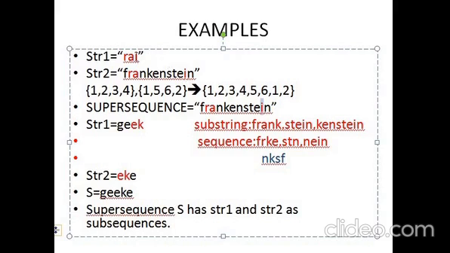If we were to take only IE as common and make one copy of it, we'll get Frankenstein RA. It remains a super sequence, but it ignores the problem statement. We have to get the shortest common super sequence, so we have to find the longest common word between them and make one copy of it. In another example, GEEK and EKE, we take the common word EK and make one copy of it alone. The remaining non-repeating characters we add, and we get this string.